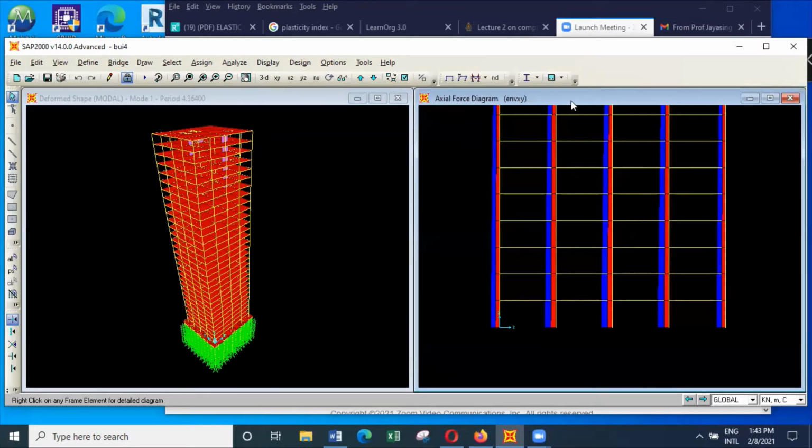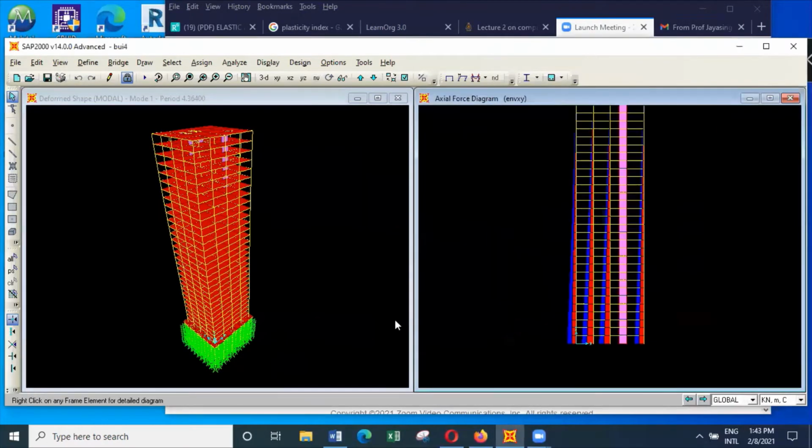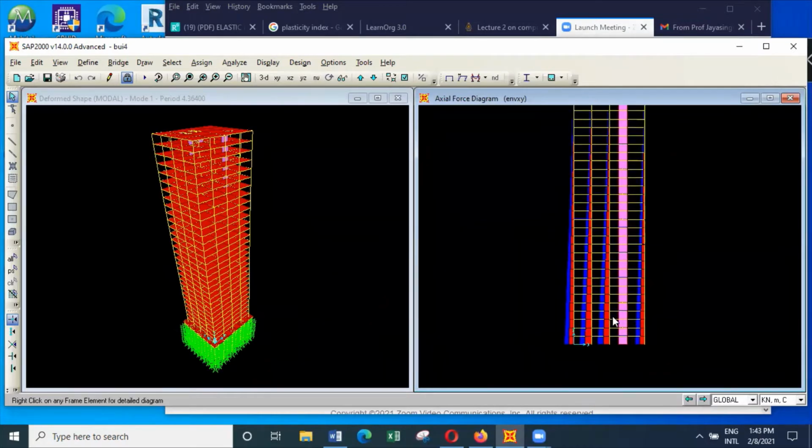And for the shear walls, so you get all the loads on the frames, but to get the loads on the shear walls,